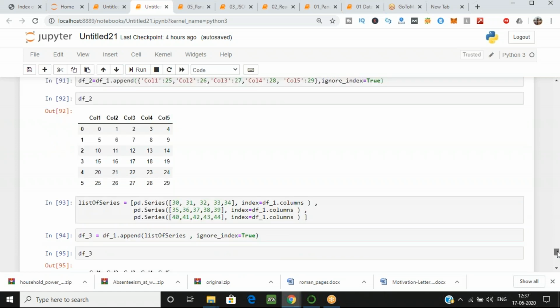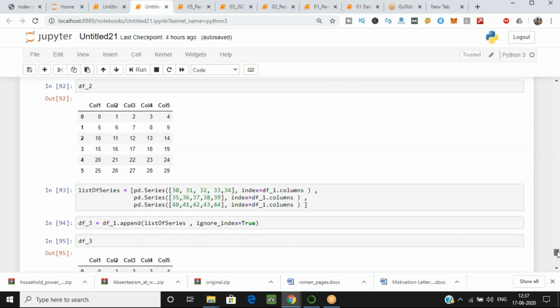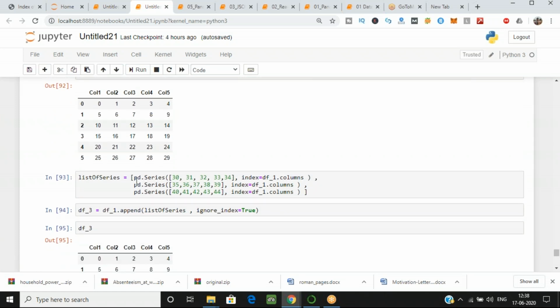See over here on screen, we have taken one variable, list of series, and I'm passing the function pd.Series, which we already discussed in an earlier session, and I am just passing the values 30, 31, 32, 33, and 34 for this row. First I want to pass this value, after that this value, and after that this value. So there are 3 rows which I'm adding to my data frame.